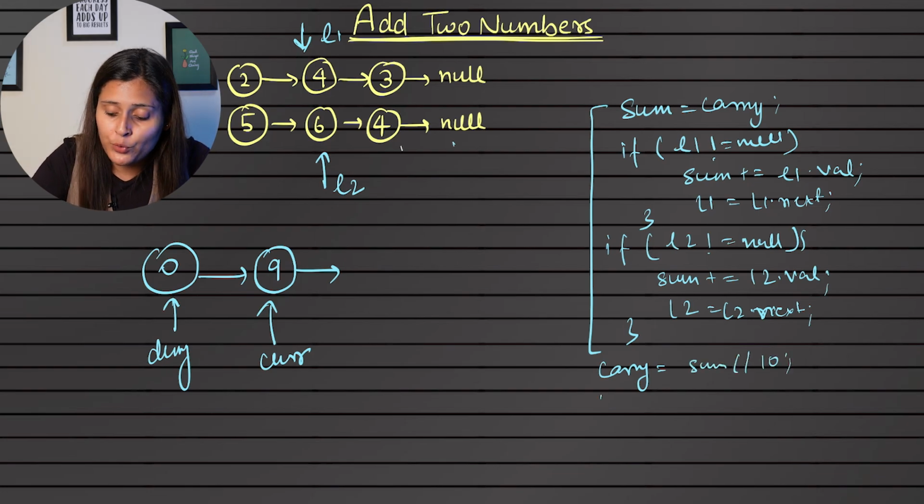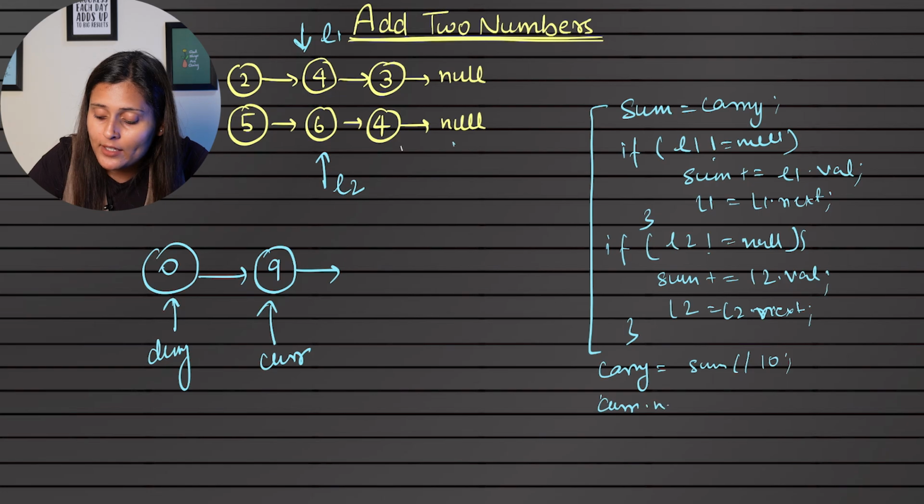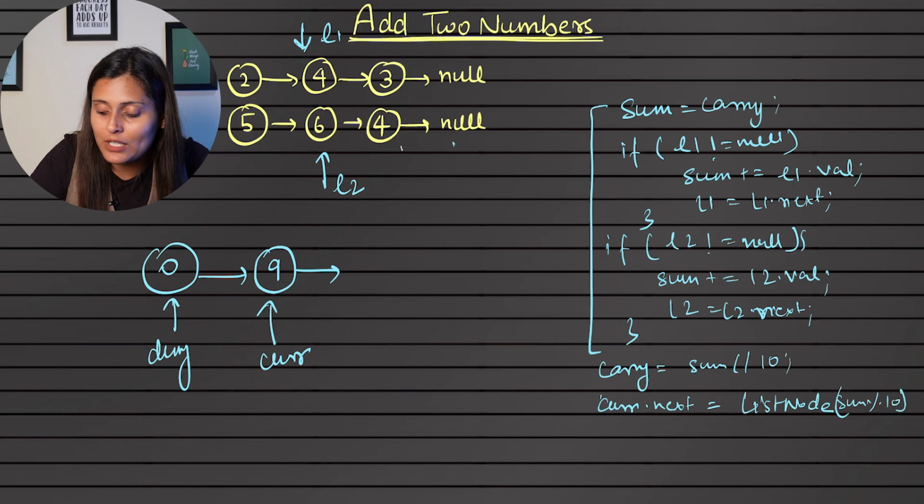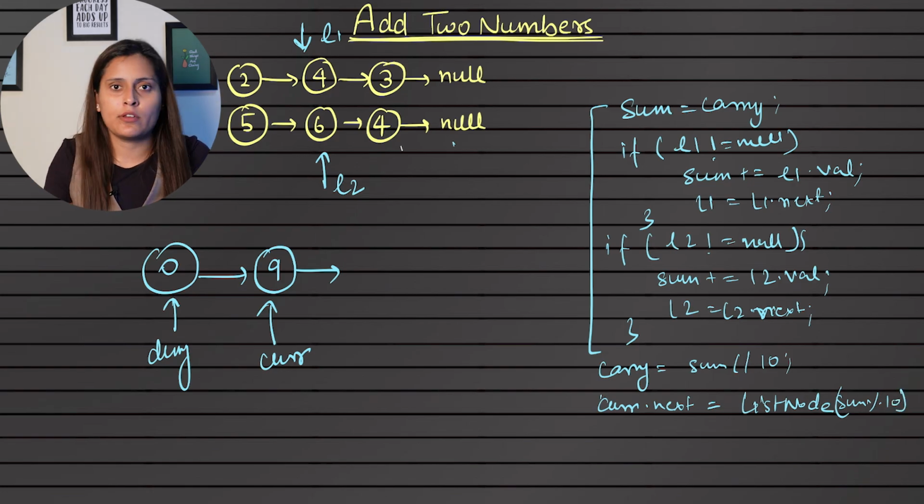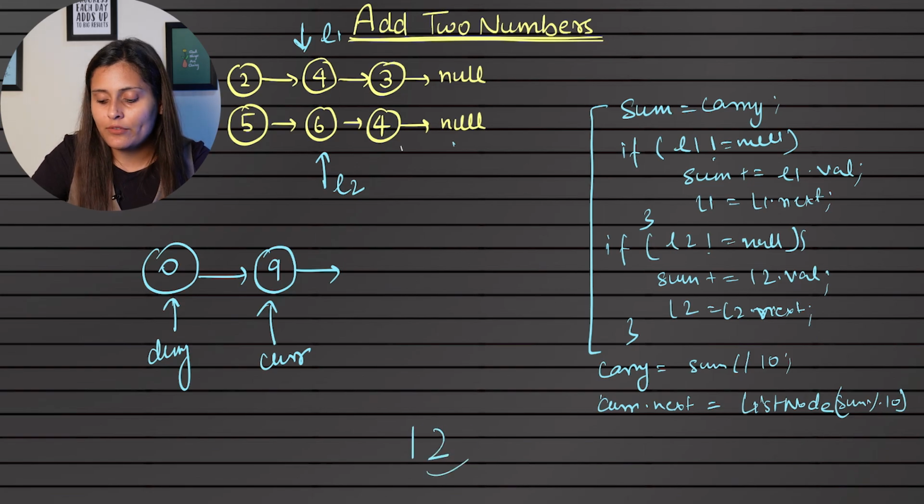And now what we have to do, in current dot next, what we have to connect? Current dot next, we have to connect a new list node, but with what value? Can I say sum modulo 10? So even if it is less than or equal to 9, it will be as it is, 9, 8, 7, whatever. And if it is greater than 12, then modulo 2 will get saved here, okay, and carry will be here,